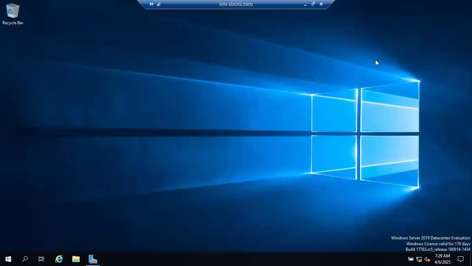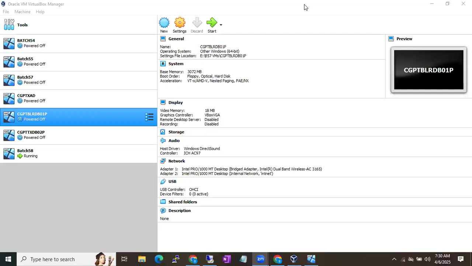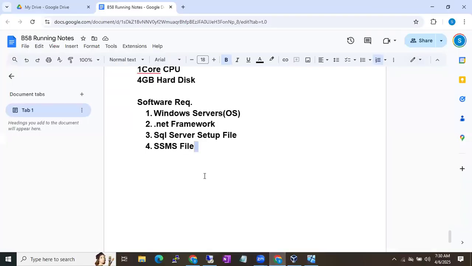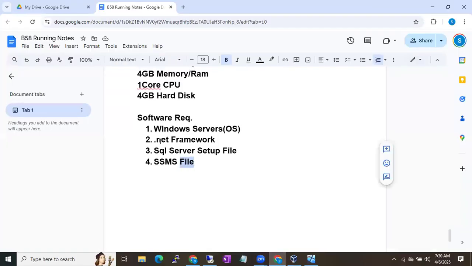Yesterday we used Server Manager to install the .NET Framework. If you want to install any Windows related tools, we will use Server Manager, guys. Fine. So now if I want to install SQL Server as per the notes, what do I need? The Windows Server operating system we have already installed. The .NET Framework we have already installed. Next,